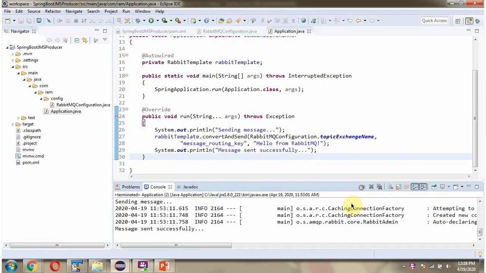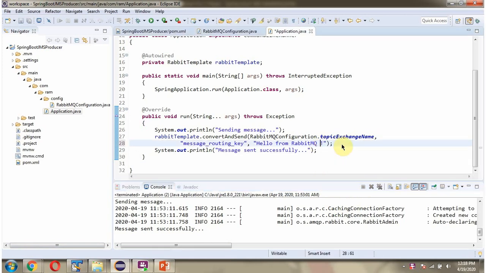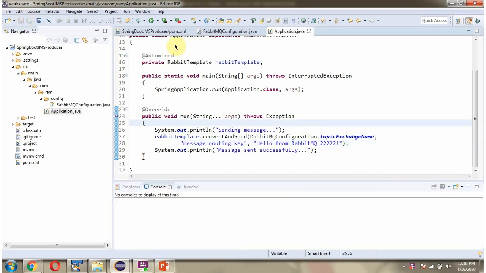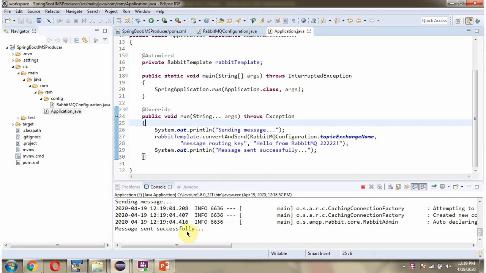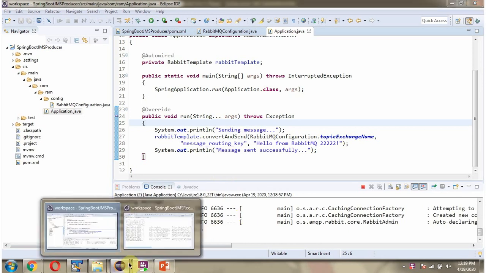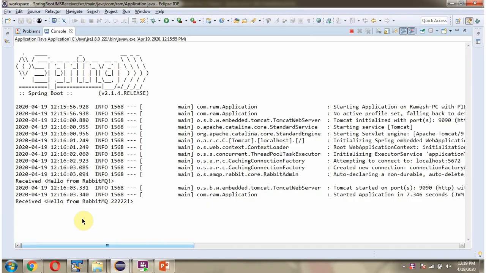Click on stop. The message has been sent, and here you can see immediately the message has been received here.